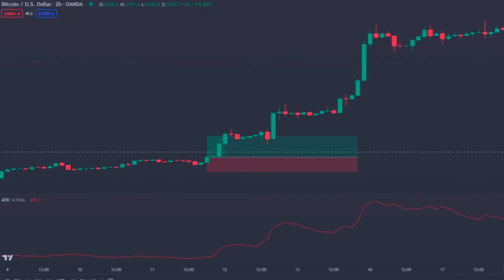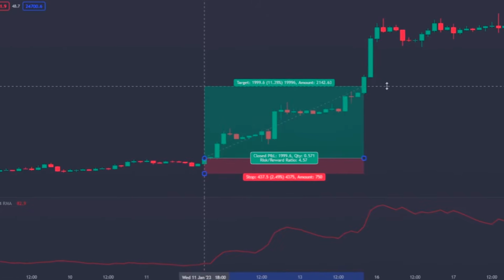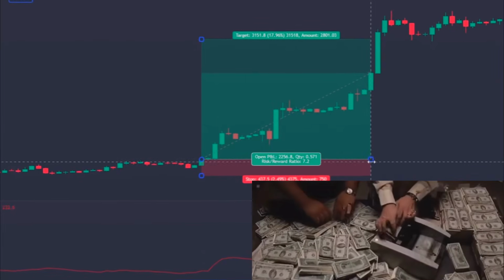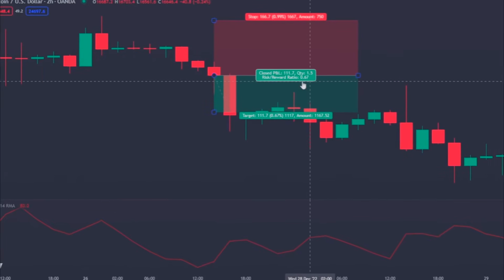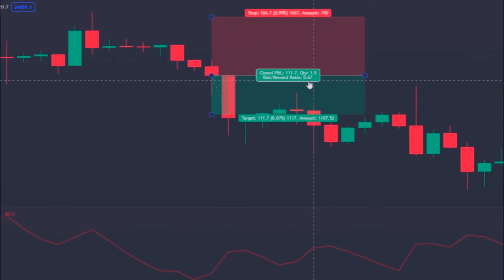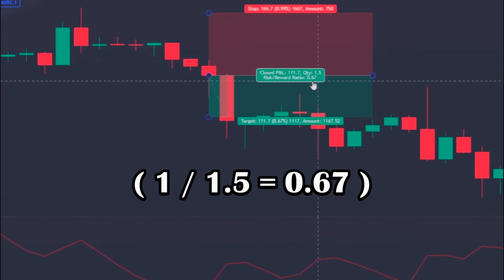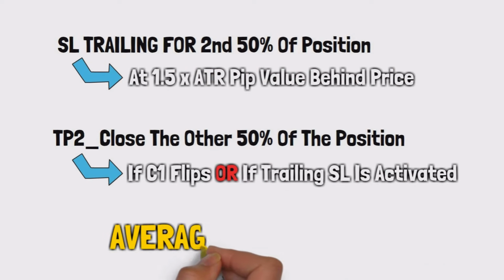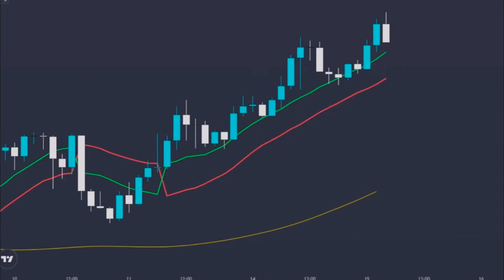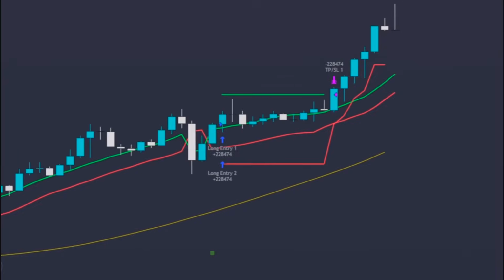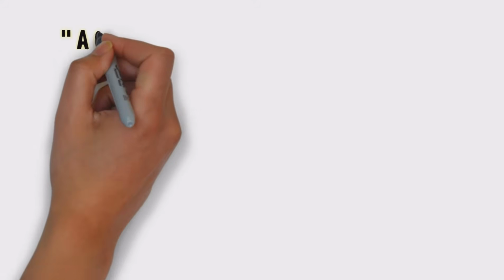And believe me, whenever good trends are caught, the profits of the second 50% of the trades can be very pleasant. And although the first take profit will be in the risk-reward zone of 1 to 0.67, the average risk-reward of the trades is often above 1 to 1.5, due to the second half of the trade having no take profit. The first take profit is used only to protect the trade, because in case you didn't know, a good